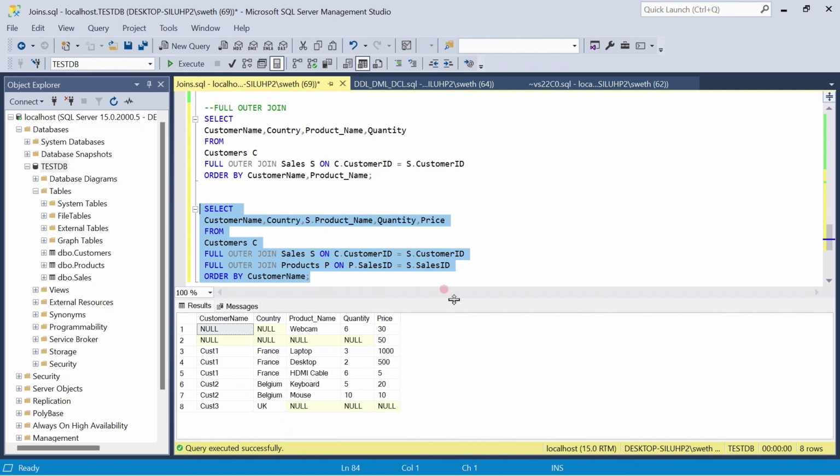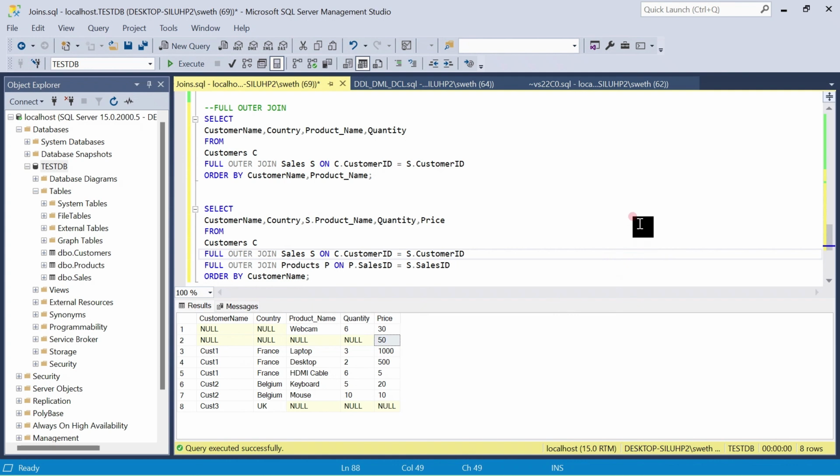See, when you run this query, you could get literally everything. You could see only customer 1 and customer 2 have got matching products and they bought these many quantities at this much price, and customer 3 has not bought any product, and webcam as a product was not sold to any customer, and similarly the price for 30 was bought by some customer who does not exist in the customer